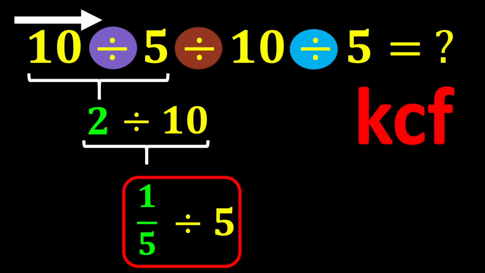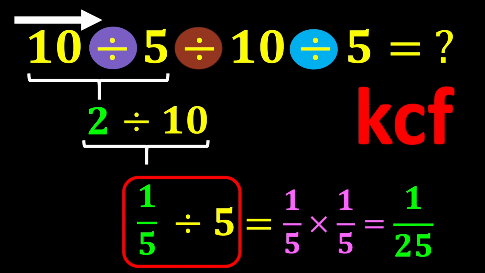According to this rule, we keep the first number as it is, change the division sign to multiplication, and flip the second number. According to the KCF rule, we keep 1 over 5 as it is, division changes to multiplication, and we flip 5. 1 over 5 multiplied by 1 over 5 gives us 1 over 25, which is our